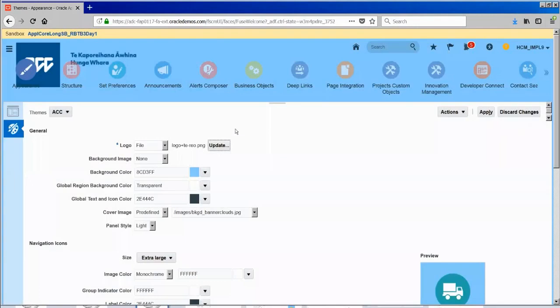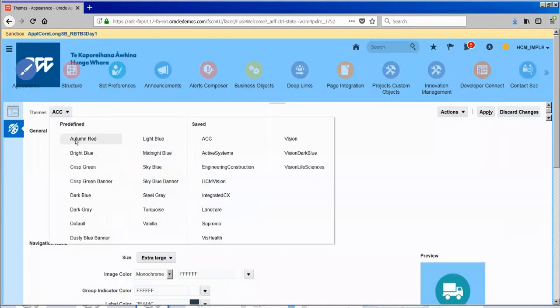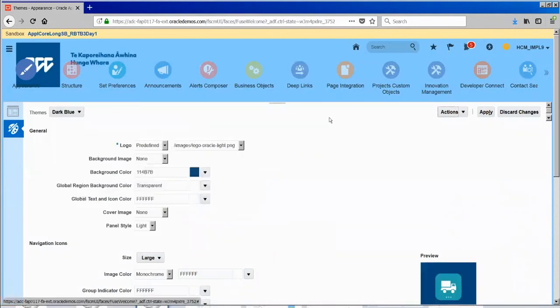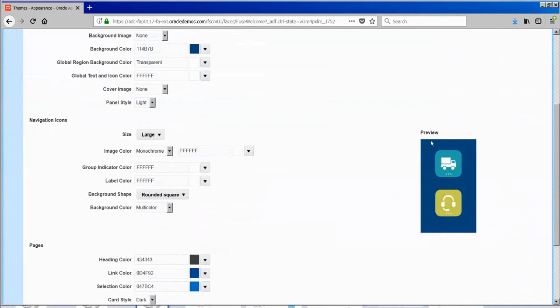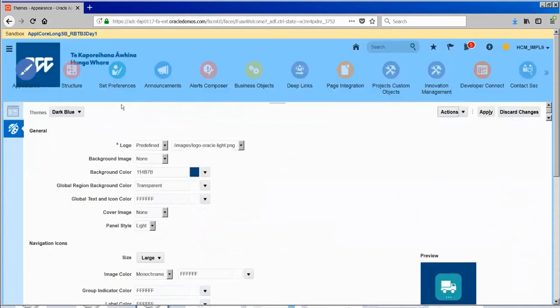So before updating my logo, typically what you need to do, see, we are modifying an existing theme here. Instead of modifying, before that we have a lot of themes here. Oracle gives a lot of predefined themes, and these are all the themes which are created by us. If you go with the Oracle themes, for example, Oracle comes with a dark blue, which will have icons like a square and a blue background image. If I save it and apply it, this dark blue,